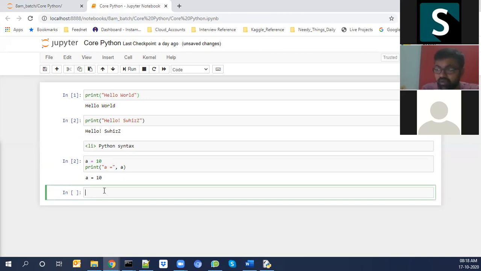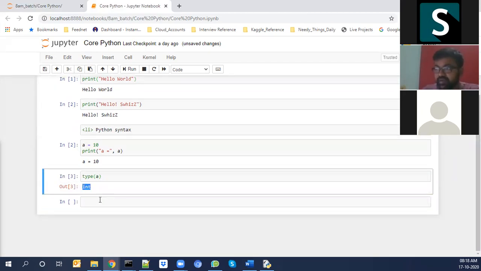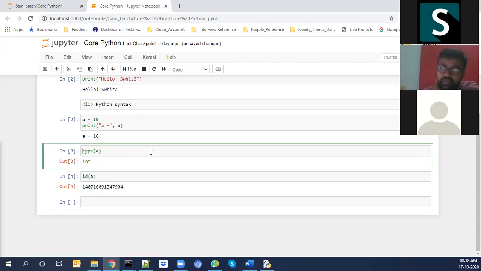I can cross-check that by asking what is the type of a. It's an integer type, and what is the id of a. Because print is an inbuilt function, there's no need to give print every time. I can directly give type of a and id of a.